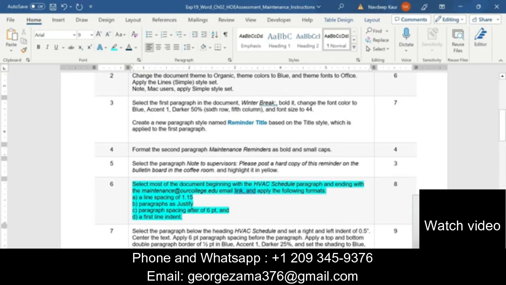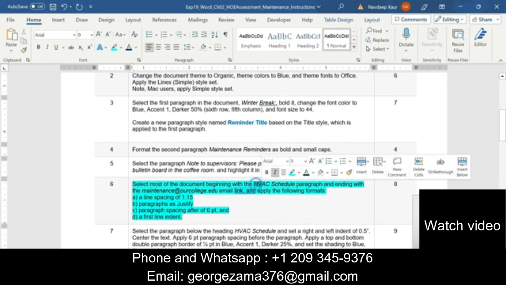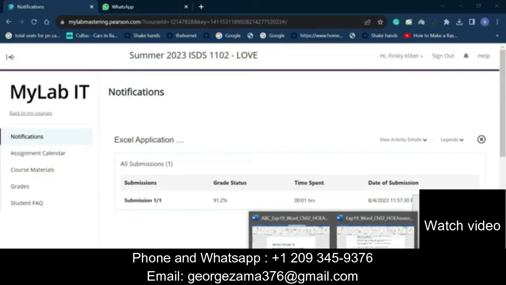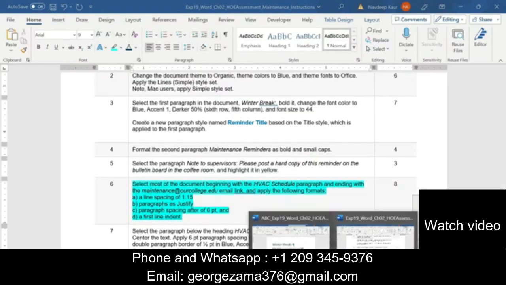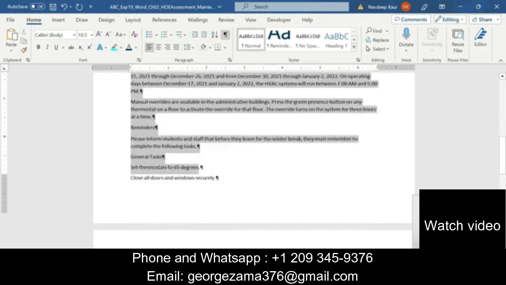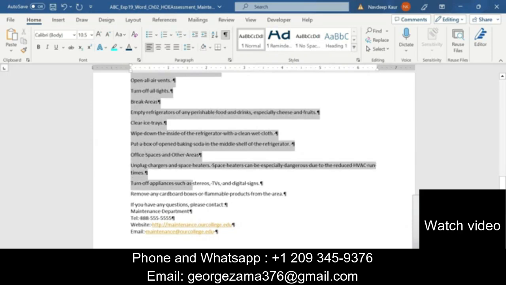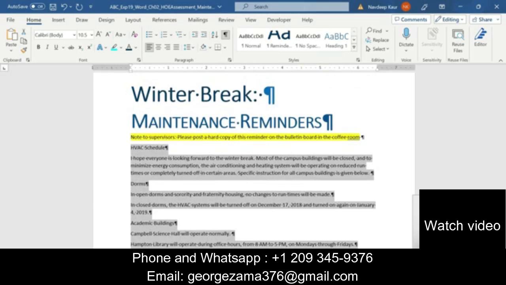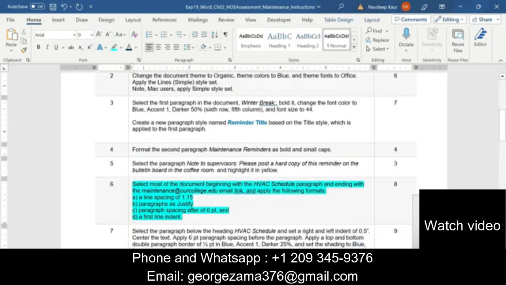So first we are supposed to select the document starting from this word and ending at this email link, and then do these formatting. So let me first select the text, from here up to maintenance at ourcollege.edu. So I have selected, and now we are supposed to make the required formatting.